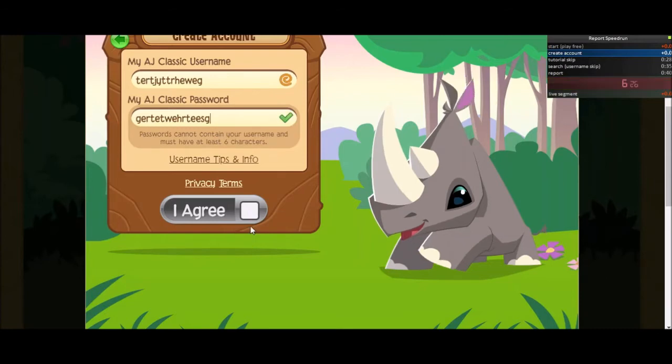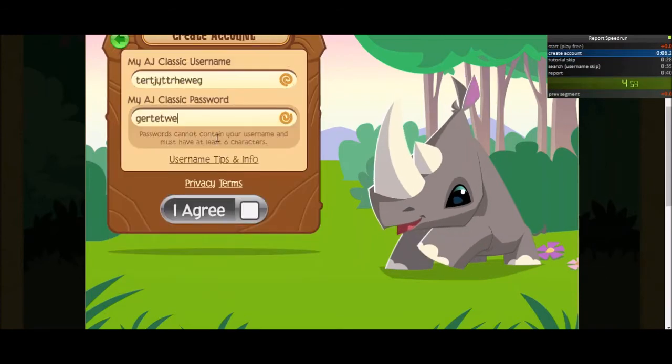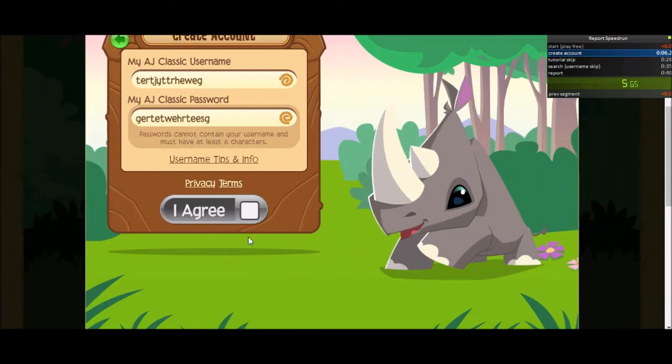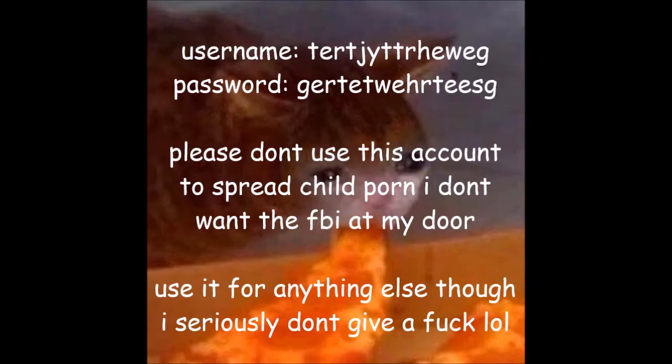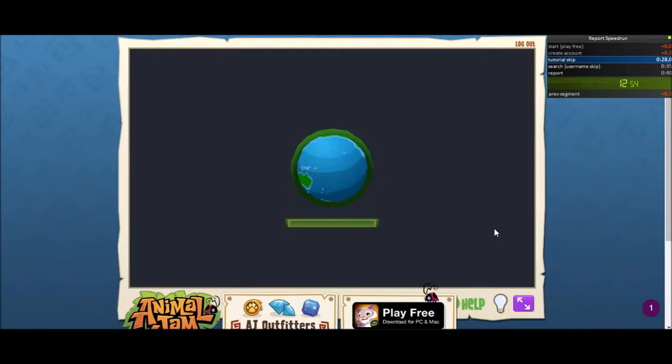In addition to that, the password needs to be longer than 6 characters, so make sure you key mash for a good second. Also, the account information is literally on screen if you want to log in. I don't know why you would want to do that, but, I mean, the username and password is there if you want it. Anyway, after the account is created, we spend a little bit on the loading screen, which